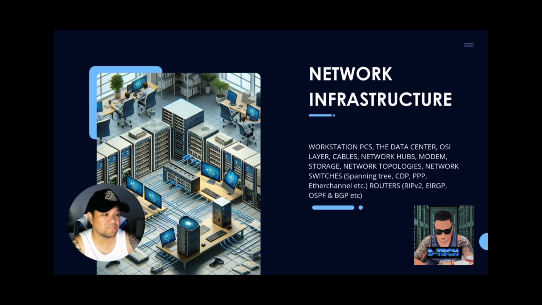Storage devices like NAS, those network attached storages. Network topologies like ring, mesh, and etc. Network switches and network routers. Those are the main focus on network infrastructure because those are the devices capable of moving data from one network to another. So we're going to talk about all those together with network switches, protocols such as spanning tree,